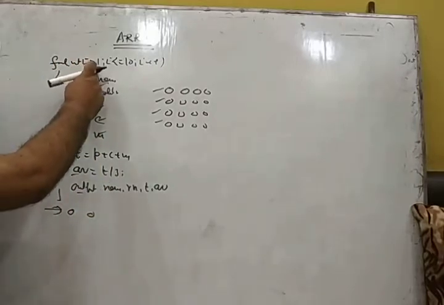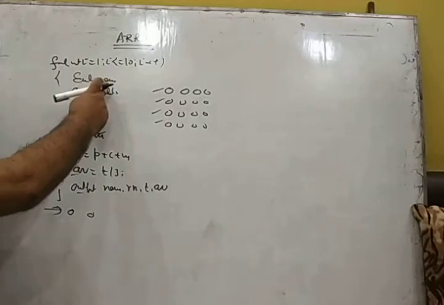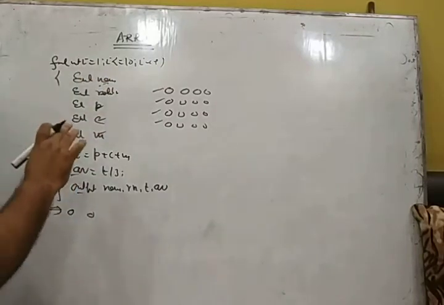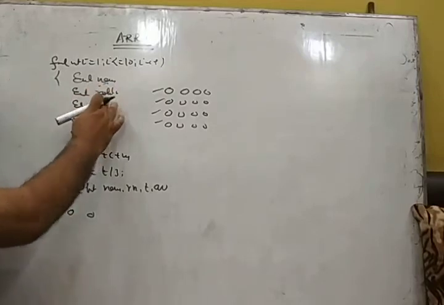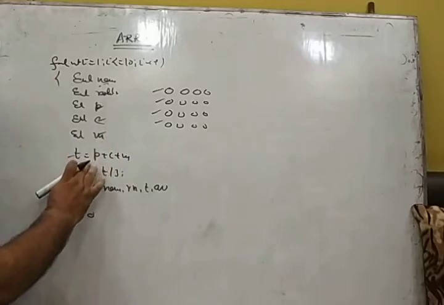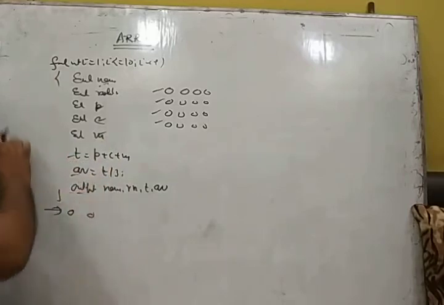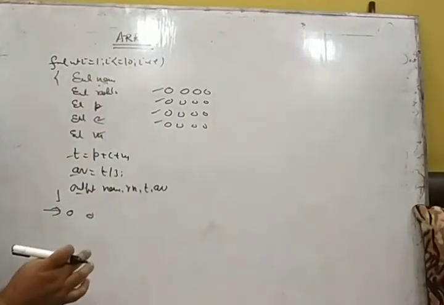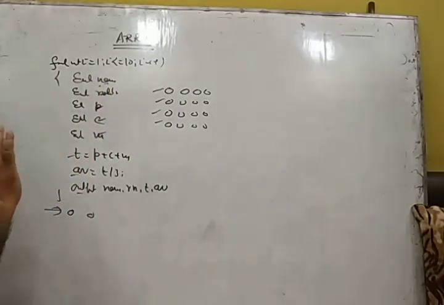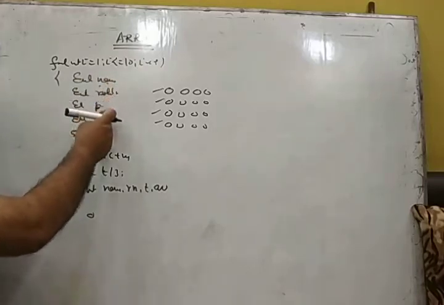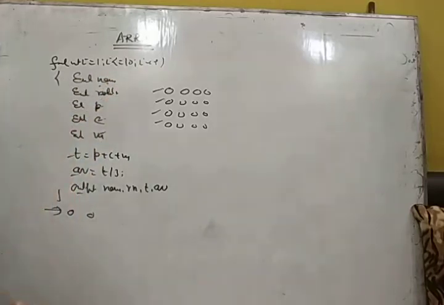When the value of i is 2, the second name goes in and the first name gets rubbed off. Second name, second roll number, second physics mark, second chemistry mark, second math marks are entered, total and average calculated, printed. When the value of i is 3, the third name is given. As soon as you enter the third name, the second name gets rubbed off. So what is happening? Outside the loop, you have only the last student's details. You don't have details of all the students which you have given earlier.